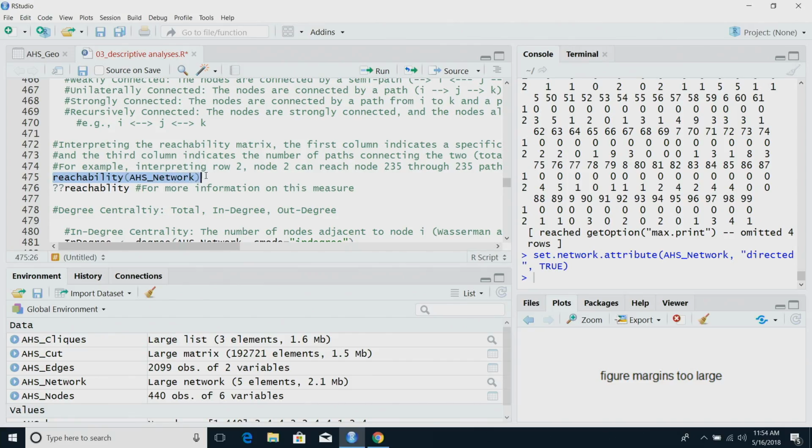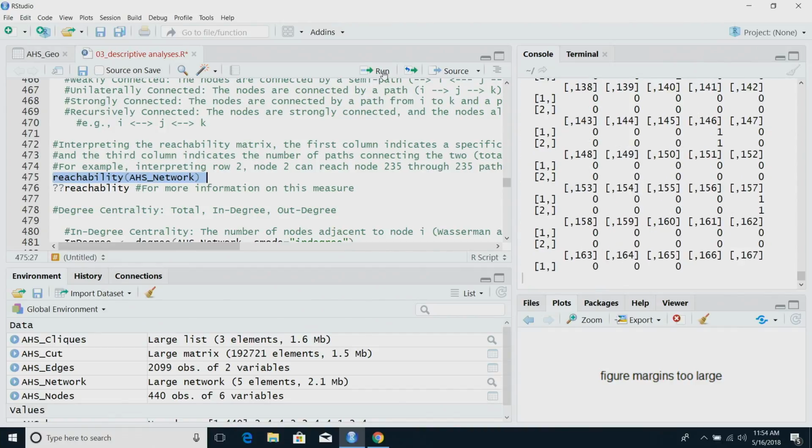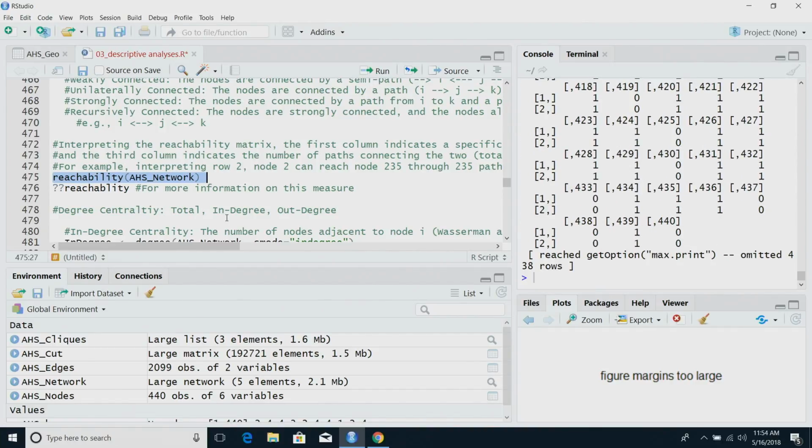An example, interpreting row 2, we can do one really quick. And then I'm going to skip down through some stuff because, again, there's a lot here and we've had some technical difficulties. But if we interpret